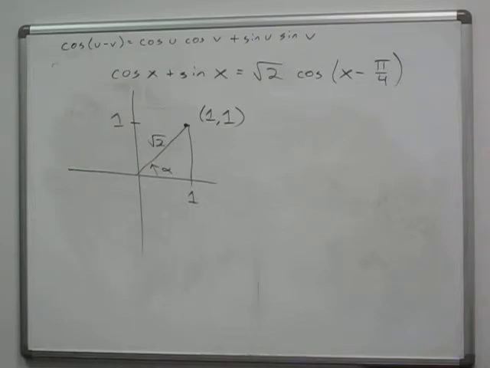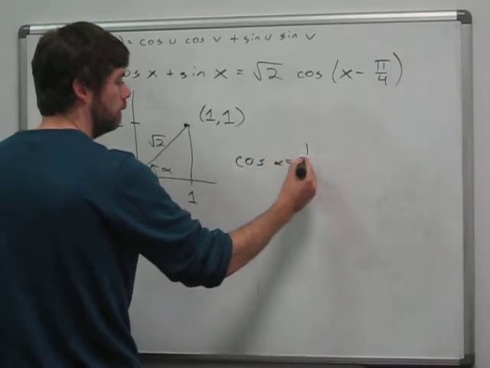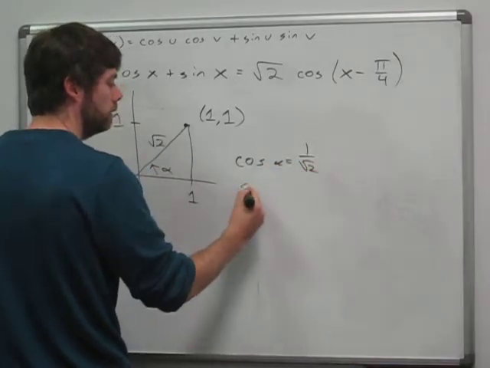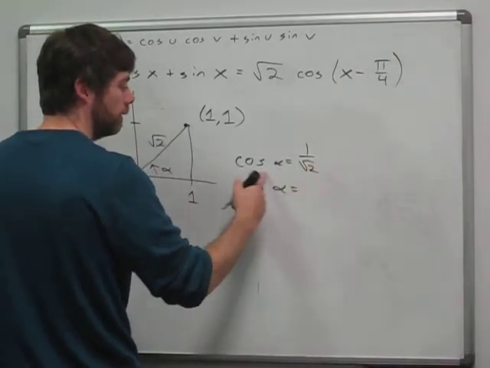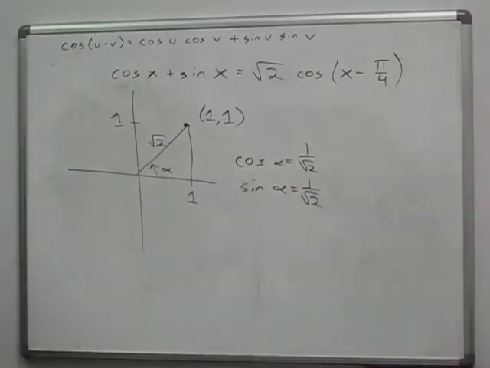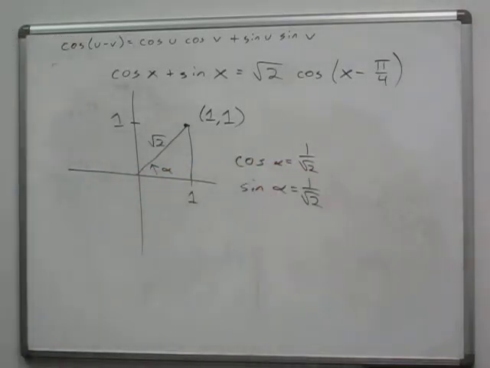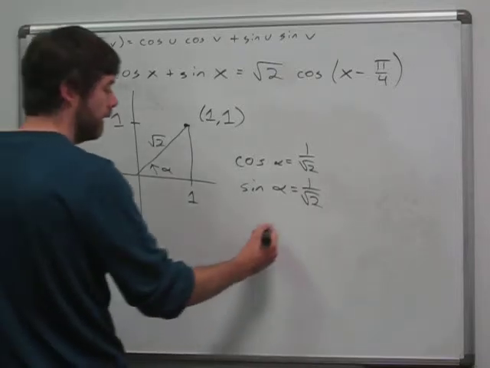So we need an alpha satisfying cosine of alpha equal to 1 over root 2, and the sine of alpha 1 over root 2 as well, right? And again, this is a nice special angle for us. We know that alpha has to be